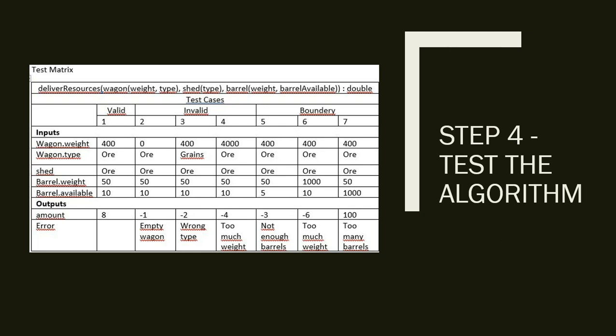And same goes for a higher value, that is, a higher input for the wagon weight. If we have the same wagon type as ore and we have the wagon weight equal to 4,000, anything above 400 is also marked as invalid. And then we set a boundary for these inputs,